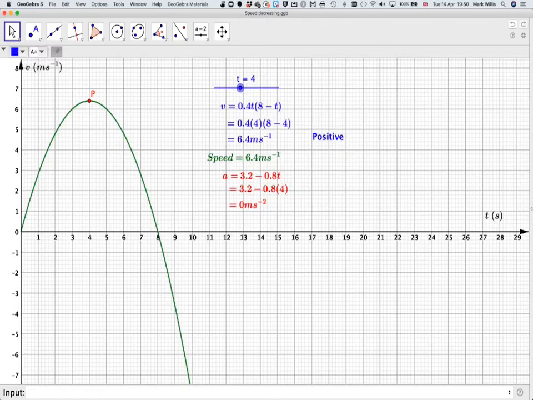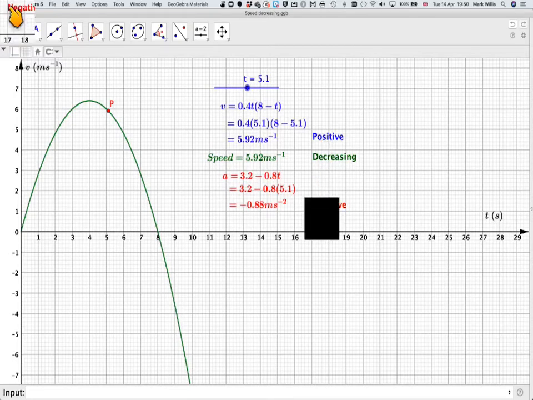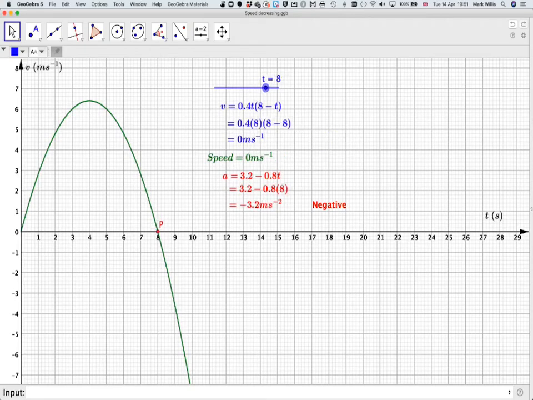Okay, so here we have that the velocity is positive, there's no acceleration, and the speed is no longer increasing. It's going to stay momentarily stationary. Now, when t goes past 4, the velocity is still positive, but the acceleration is negative, and the speed has started to decrease because the acceleration is negative. So here we go, positive velocity and negative acceleration, and the speed is decreasing. Now, once we get to this point here where it changes direction,